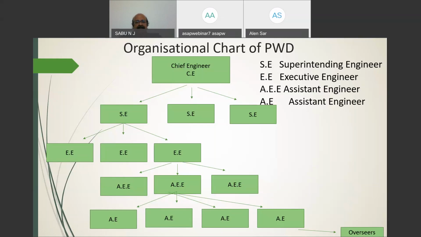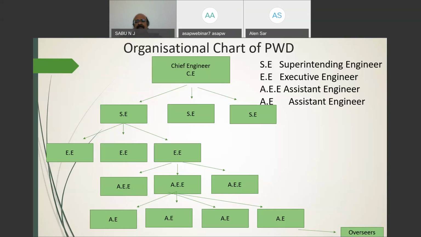So here it's a typical chart of the PWD, Public Works Department. There may be some variations from department to department or from one state government to other states, but commonly this is the typical chart of the PWD. Here you can see that the administrative head or the technical head is the chief engineer of the department. For the PWD, there may be a number of chief engineers, and each chief engineer is